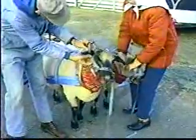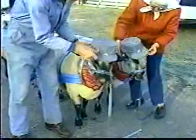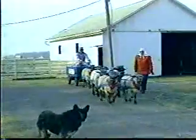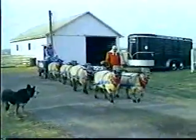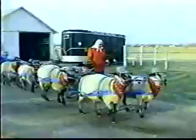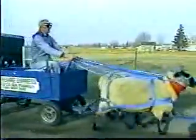The hitch is beautiful once they're all hitched up. How long does it take for you and your wife to hitch them up? Roughly 45 minutes to hitch them, and to harness them it takes another 25, 30 minutes. You're the driver. How difficult is it to drive that sheep hitch? It's about like driving a team of horses,